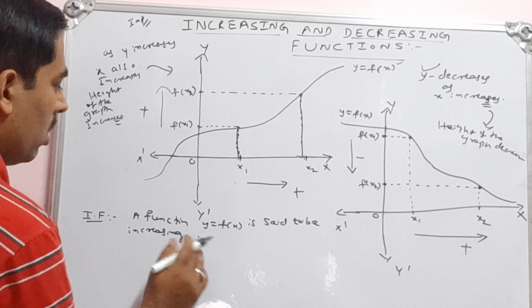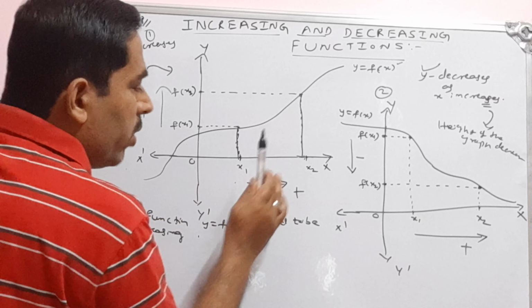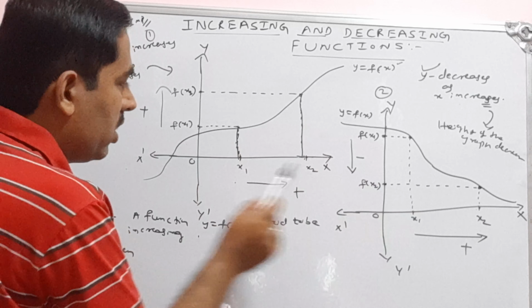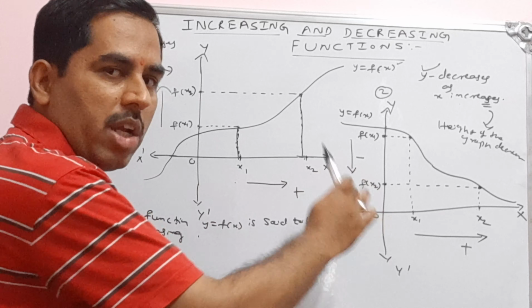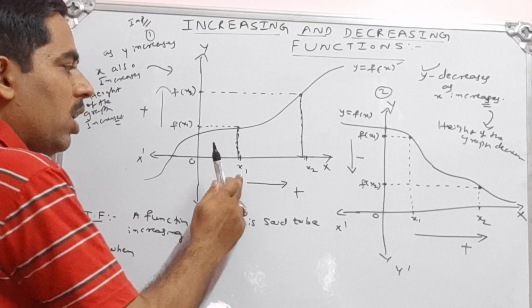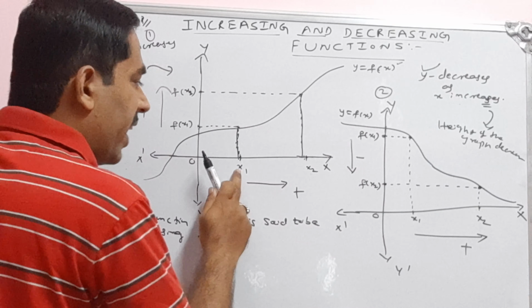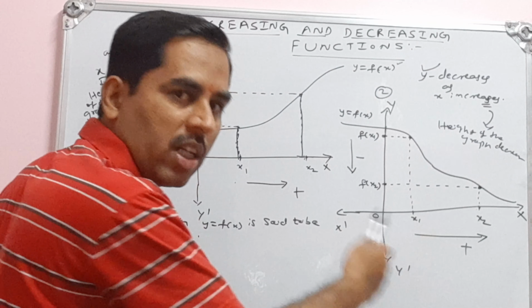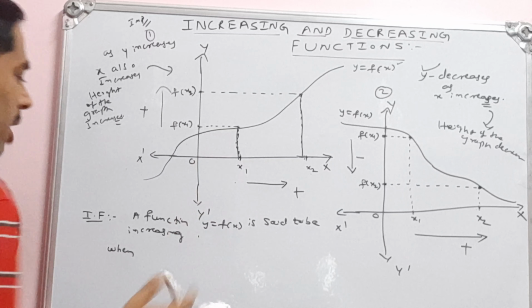Observe this. I am talking about this first case. Let me take this as the first graph and the second graph. Observe this graph, you can write the definition very easily. I am moving to the right side of the origin, so I have 1, 2, 3, 4, 5, 6 generally. So x1, x2, x3, where x1 is less than x2, x2 is less than x3. The values will be like this.